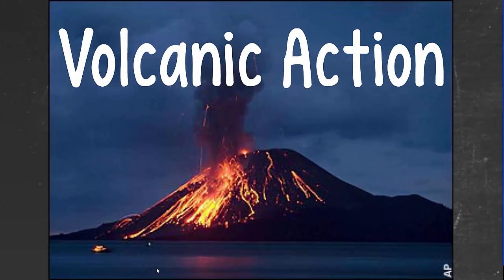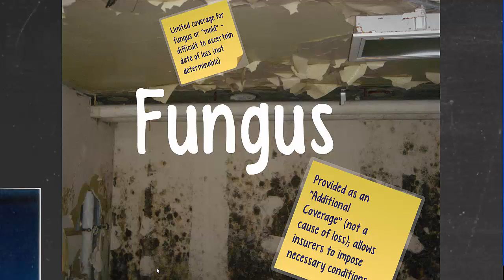Lastly, volcanic action. This cause of loss was added after Mount St. Helens erupted in 1980. Like many other things, as the environment changes, the standard insurance policy forms change to keep up with them. And now we're going to talk about fungus, which is actually not listed as one of the